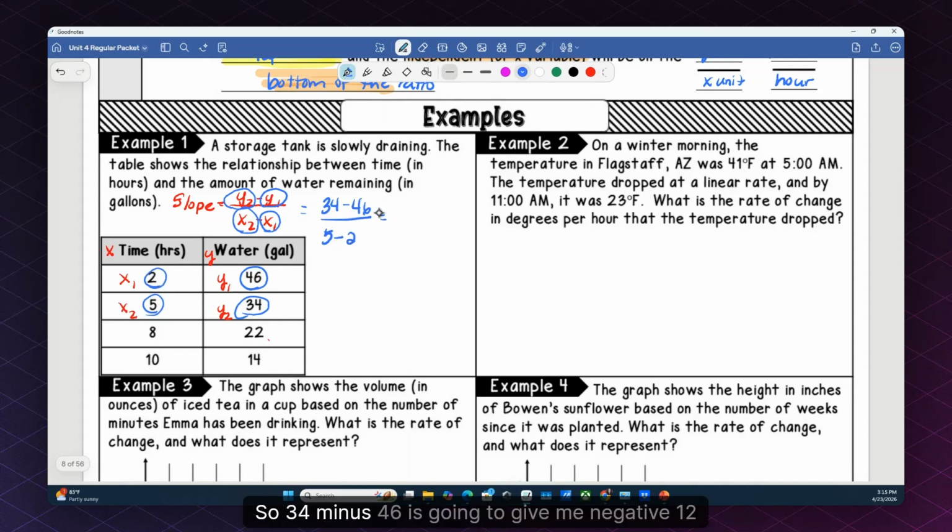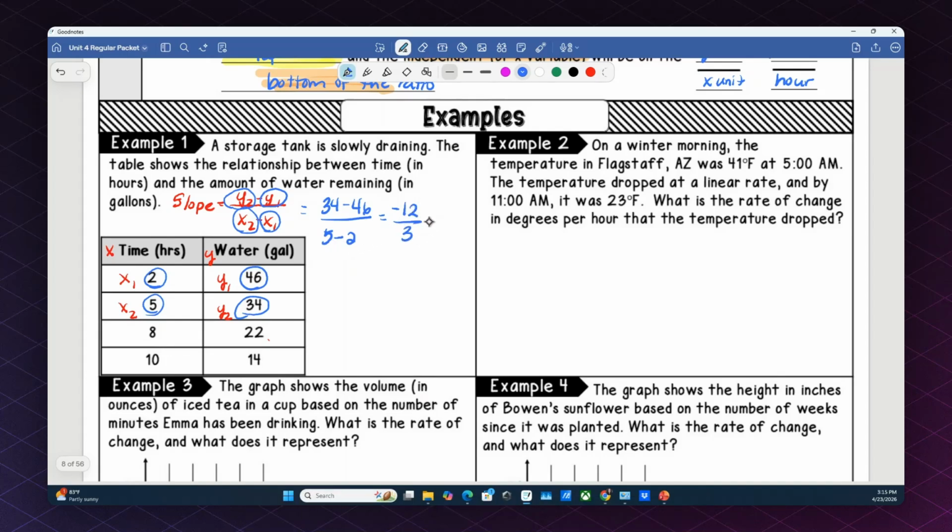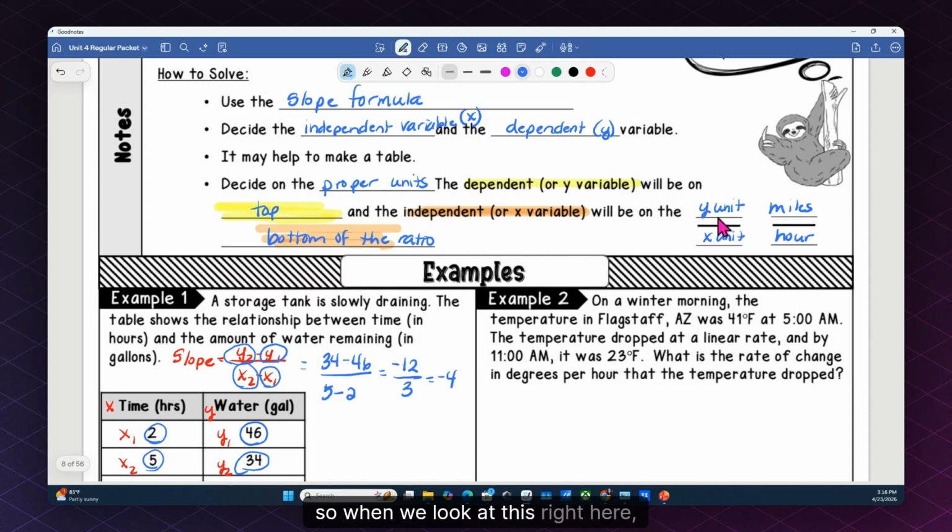Okay, so 34 minus 46 is going to give me negative 12. And 5 minus 2 is going to give me 3. So when we divide that out, negative 12 divided by 3 is going to give me negative 4. Well, we need to have units. The units are telling us something important, okay? So when we look at this right here,